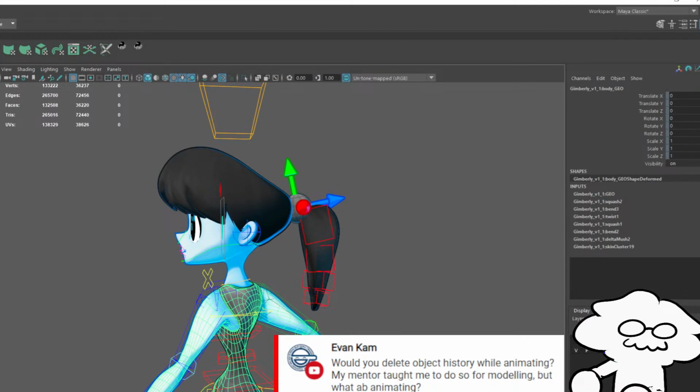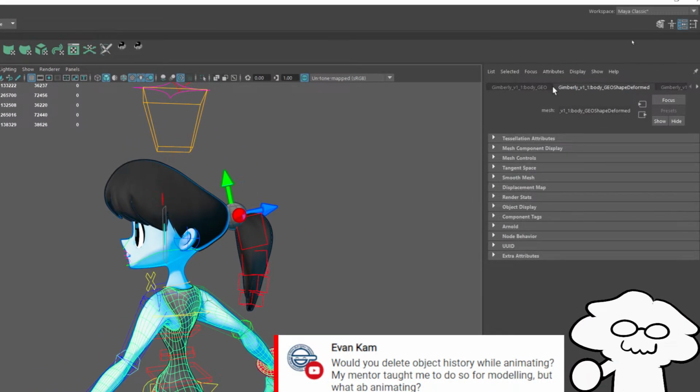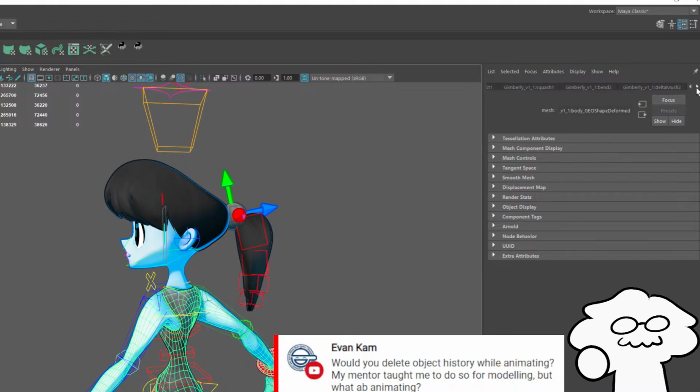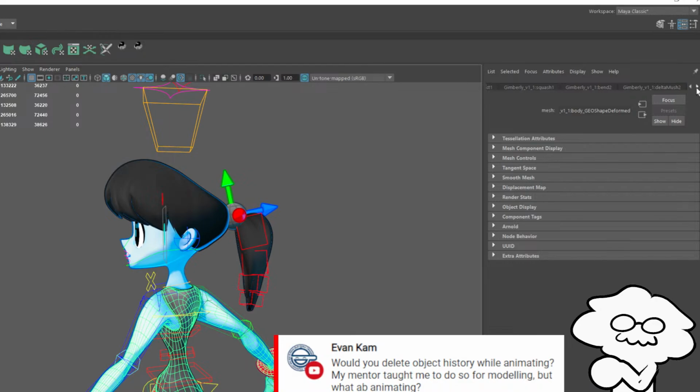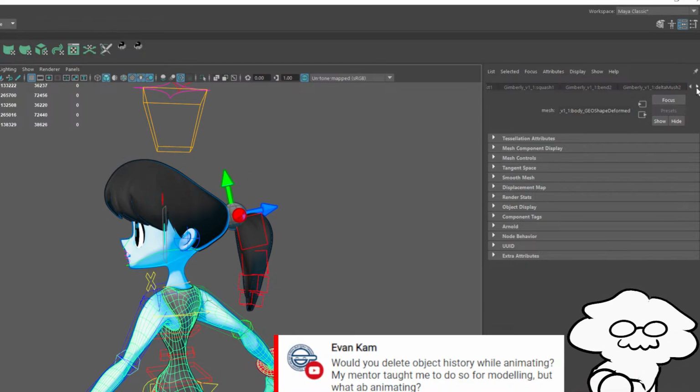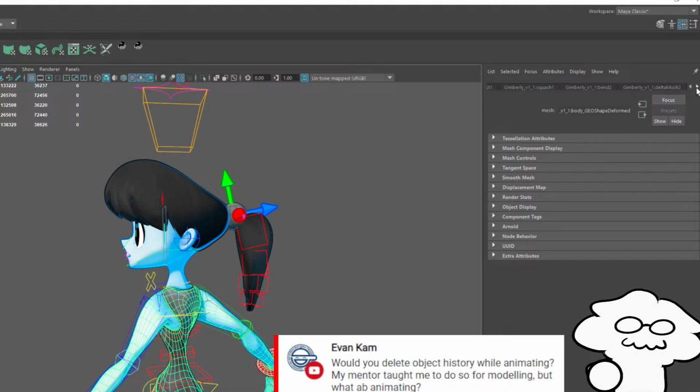I would go to Attribute Editor, and then usually you would have tabs up here that say stuff like Polycube, or tabs that you don't recognize that have to do with these different steps that you're taking as you model. When you animate, it doesn't really create history like that, so you wouldn't have tabs. But if you have tabs that say UV, whatever, things that you don't recognize or don't think you need, then generally you would want to delete history.